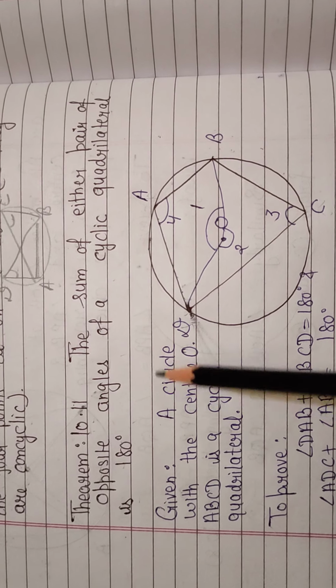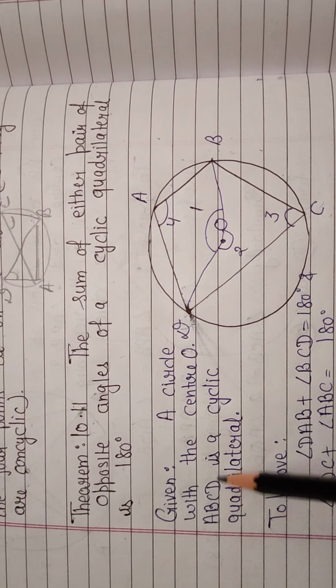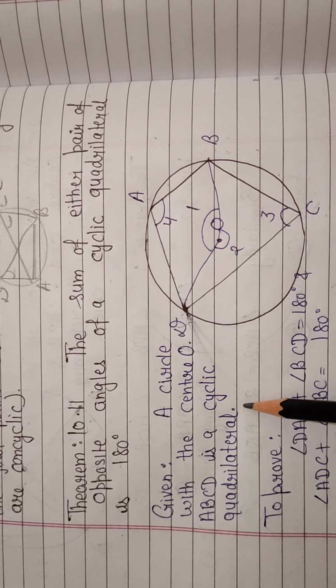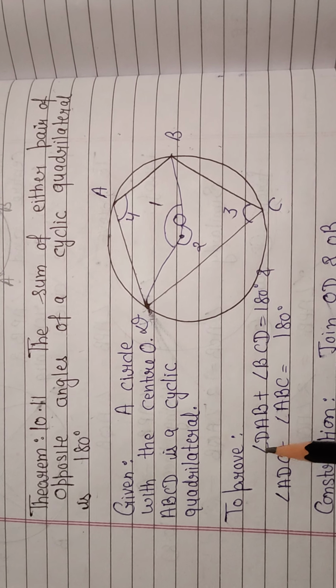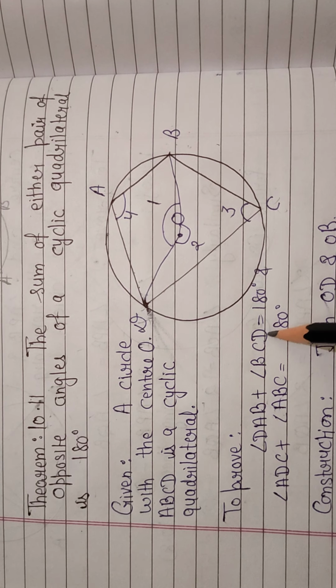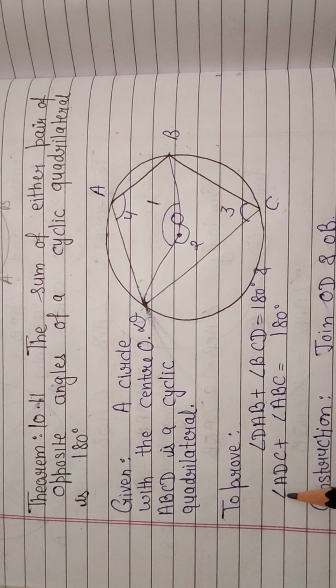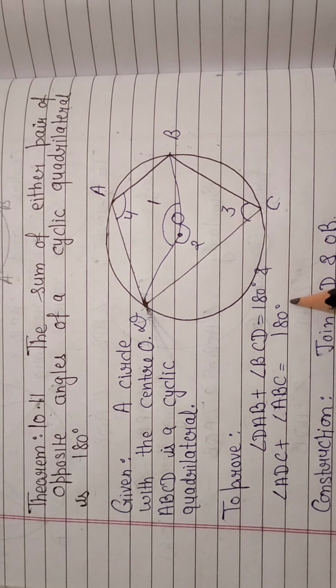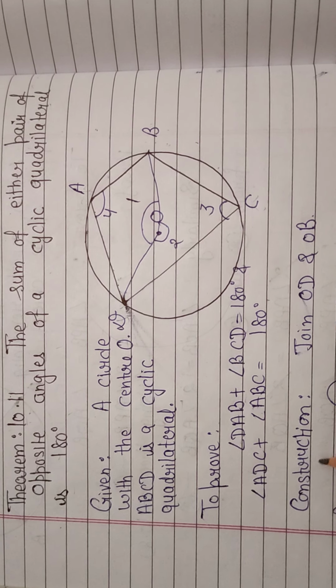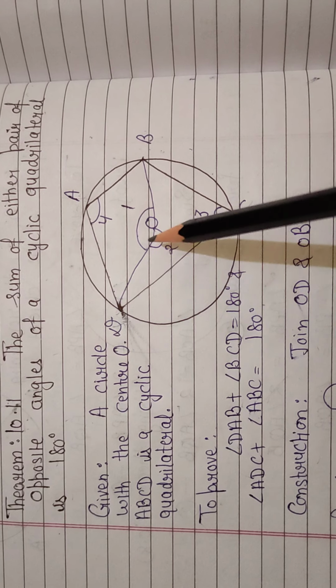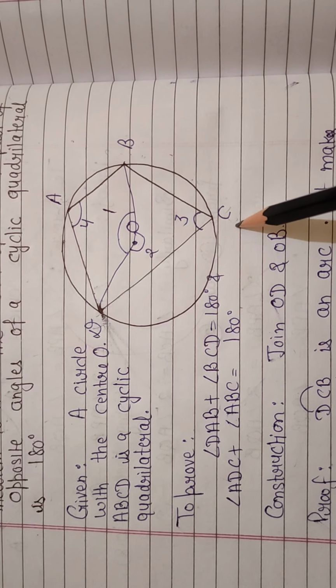Now what is given? A circle with the center O. ABCD is a cyclic quadrilateral. And what we have to prove? Angle DAB plus angle BCD is equal to 180 degree and angle ADC plus angle ABC is equal to 180 degree. And for construction, join OD and OB. Now for the proof, here